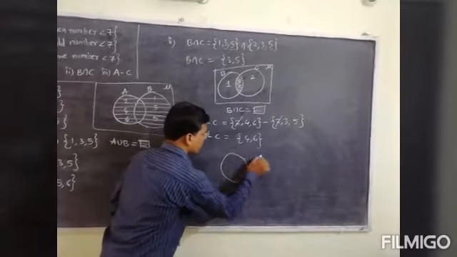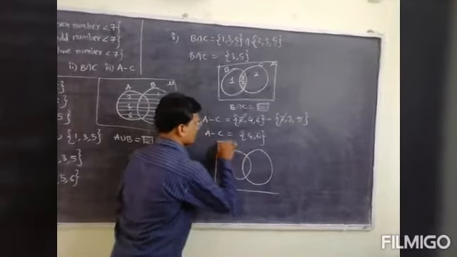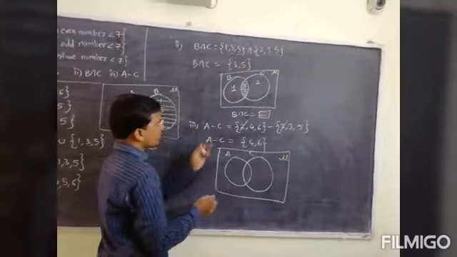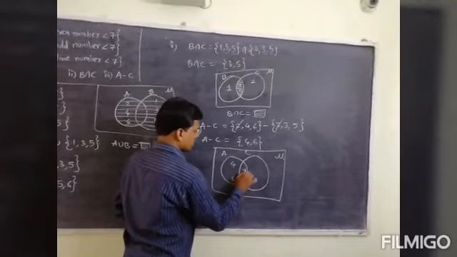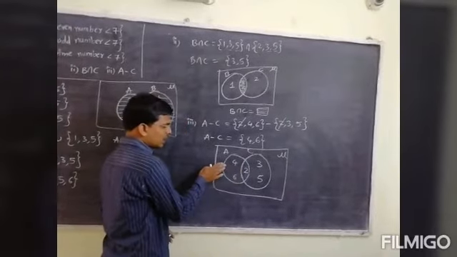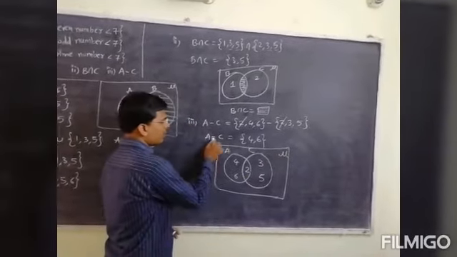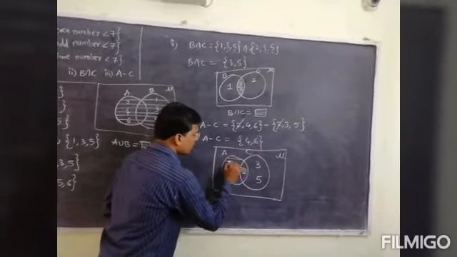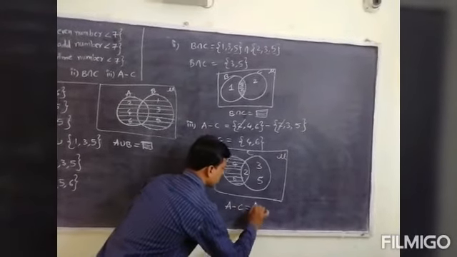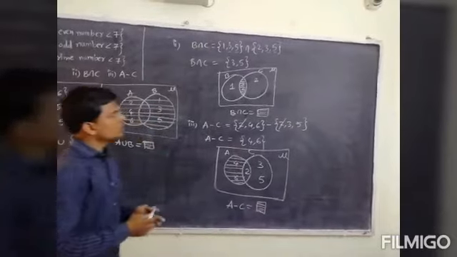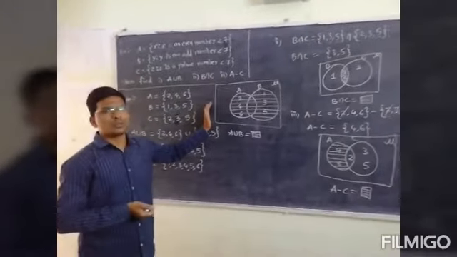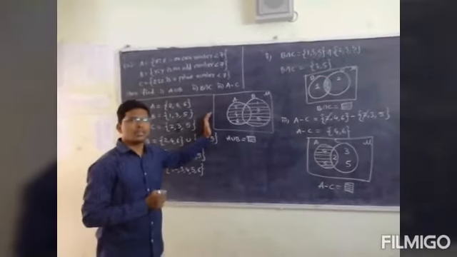If you draw the Venn diagram, set A, set C, and mu. Okay, so 4, 6, 2, 3, 5. Write the common element here, the remaining elements in set A, and the remaining elements in set C. So A minus C is equal to what? 4, 6. For only 4, 6 you have to shade the region. Okay, so A minus C is equal to the shaded region. So this is the 4 marks question. Try to learn such type of questions. I will give you 2 questions as your homework. Try to do them and send them to me. Thank you.